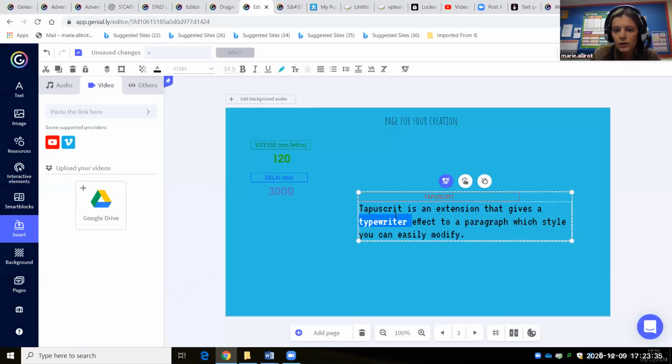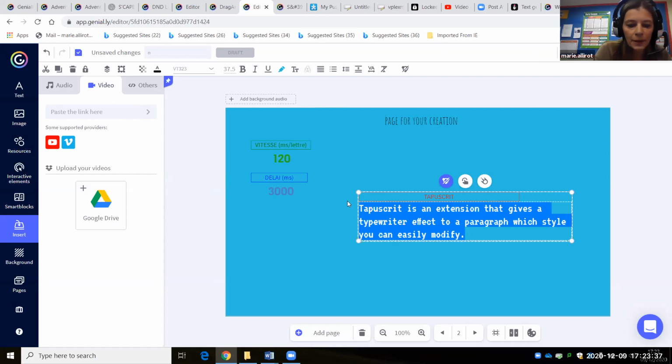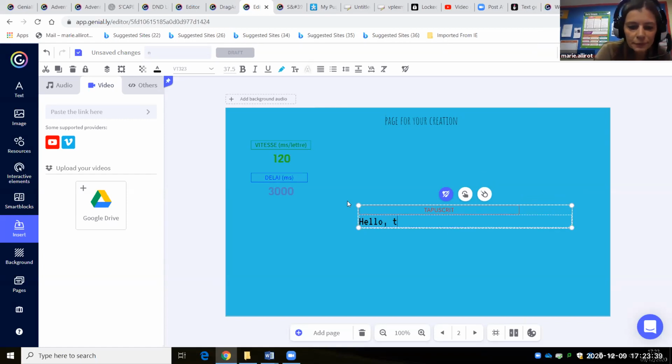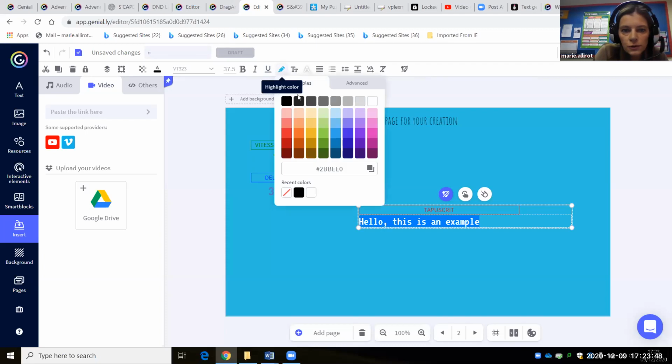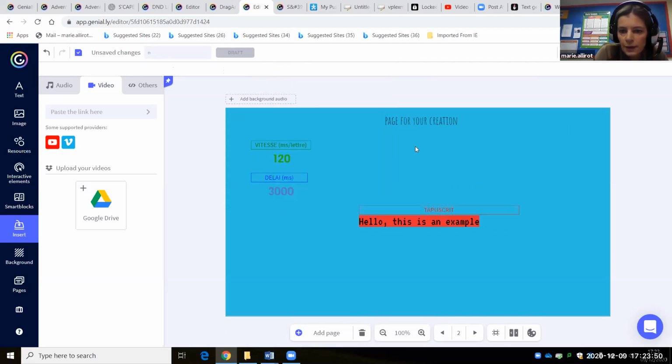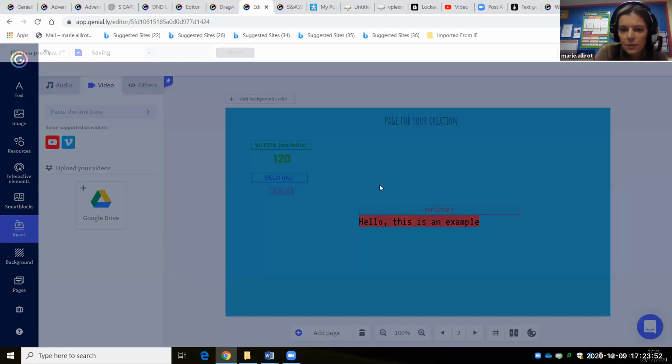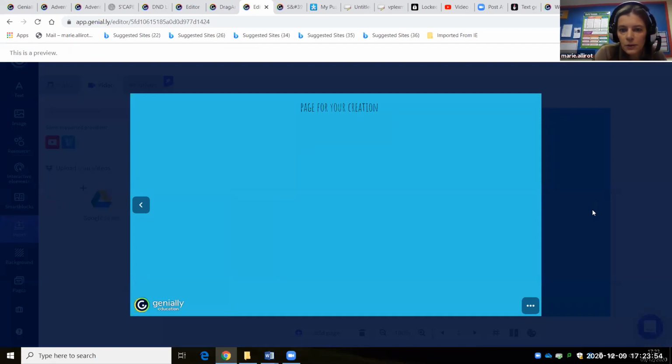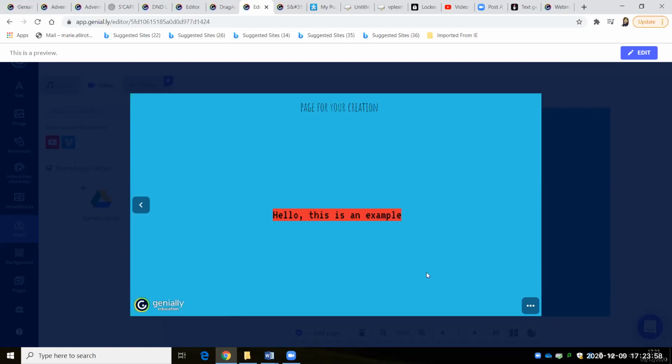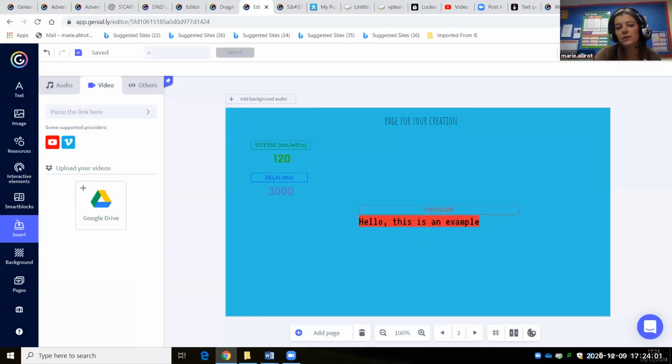So all you need to do is write your text there. And then you can change the color if you want. You just use this, I think. There you go. Well, that's highlighting the color, but then there you go. And when you preview, your text comes up. So that's a really easy Scape tool. So some of the Scape tools are very easy to use.